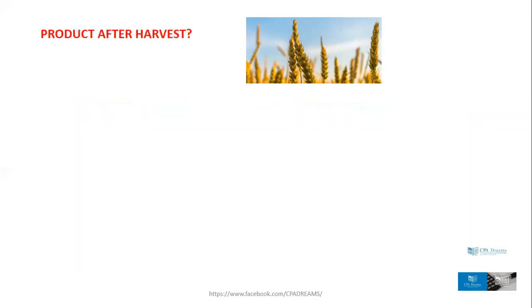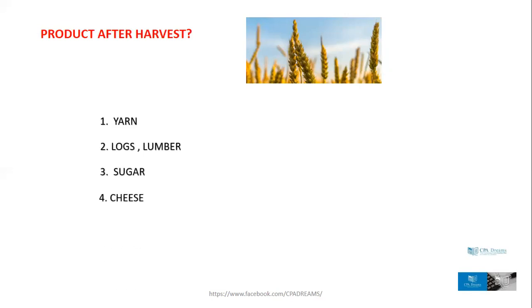Now this time I'm going to discuss the products after harvest. So here come the produce. Yarn, this is from the sheep, correct? Logs and lumber, these are from the trees. And we have sugar. These are from the plant, the sugarcane.